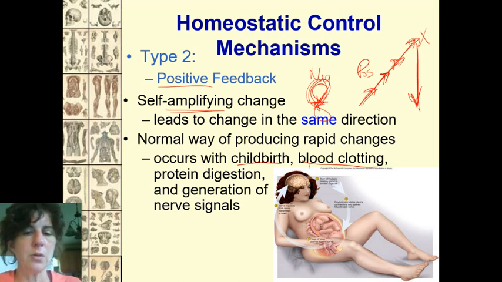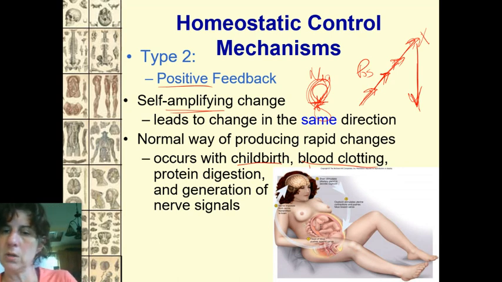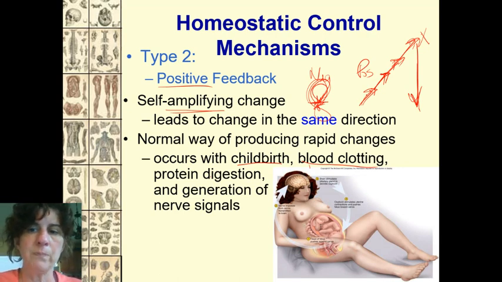Protein digestion is another one. Nerve signals. Lactation, feeding your baby. If you don't nurse your child, you're going to stop producing milk. So the more you nurse the child, the more milk you produce. The longer you nurse, the longer you're going to produce milk. But once you stop, it's over with. So we're constantly going positive feedback. In other words, I am nursing, I'm nursing, and then I stop nursing. That child's weaned, I stop producing milk, right?